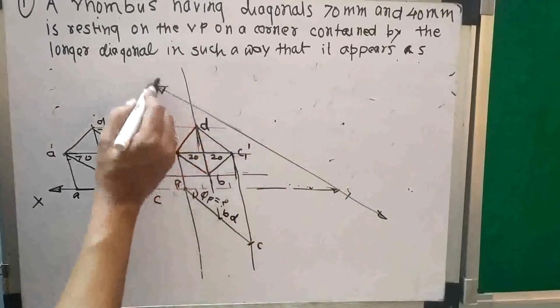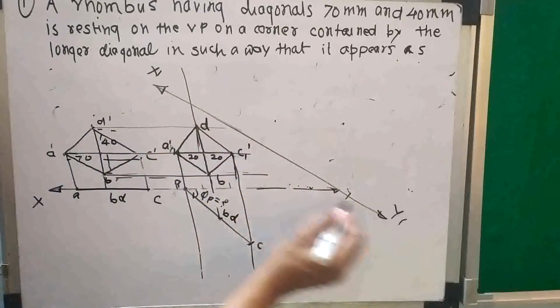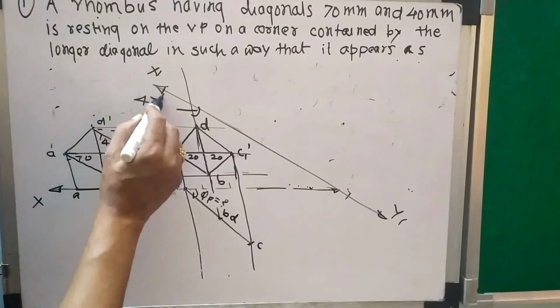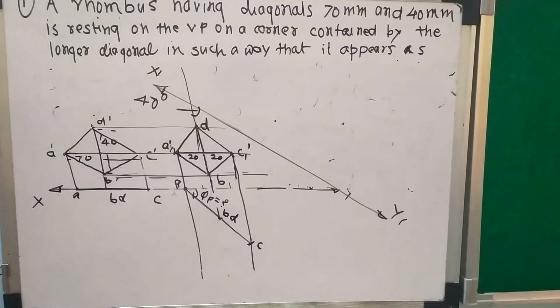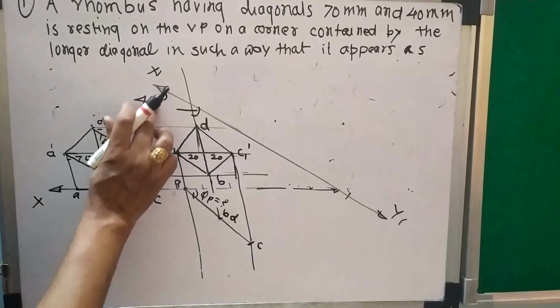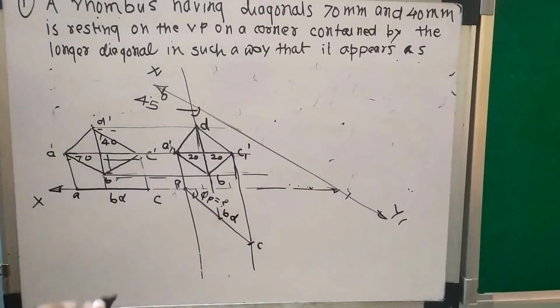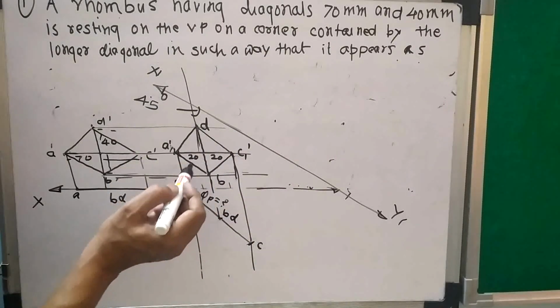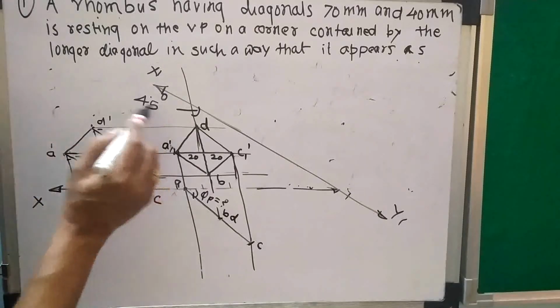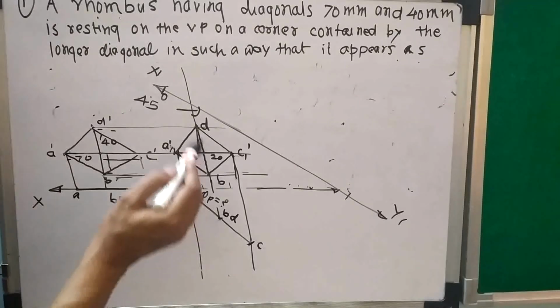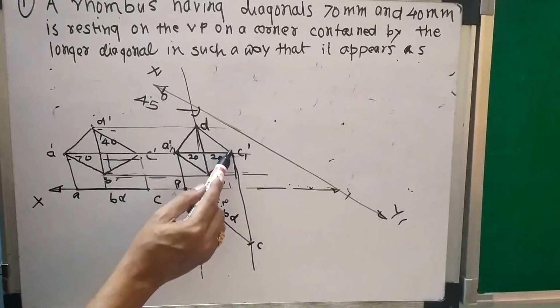So what I have done, to this BD I have extended, and I have taken a new reference plane, that is x1 y1, and this is at an angle of, what is that angle? It is 45 degree given in the problem. So in this case it is not necessary to find the apparent angle, because this BD and this BD are the same. So use the original angle, 45 degree.